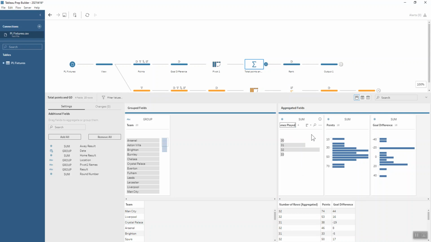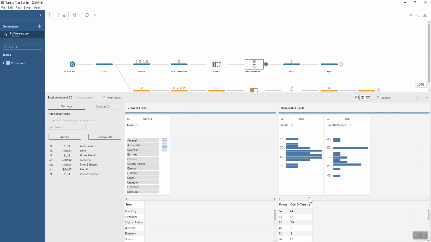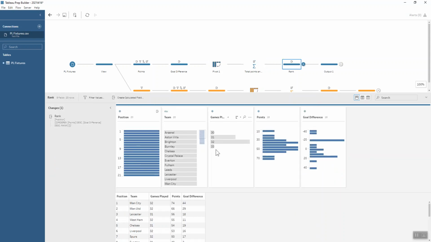And for some reason, when I do this in an aggregate step, usually it makes it disappear. But if I go into my clean step, it is still there. So I wouldn't worry too much when that happens. It's probably just a little small bug. So our last step that we need to do for our first output for that current league table is to